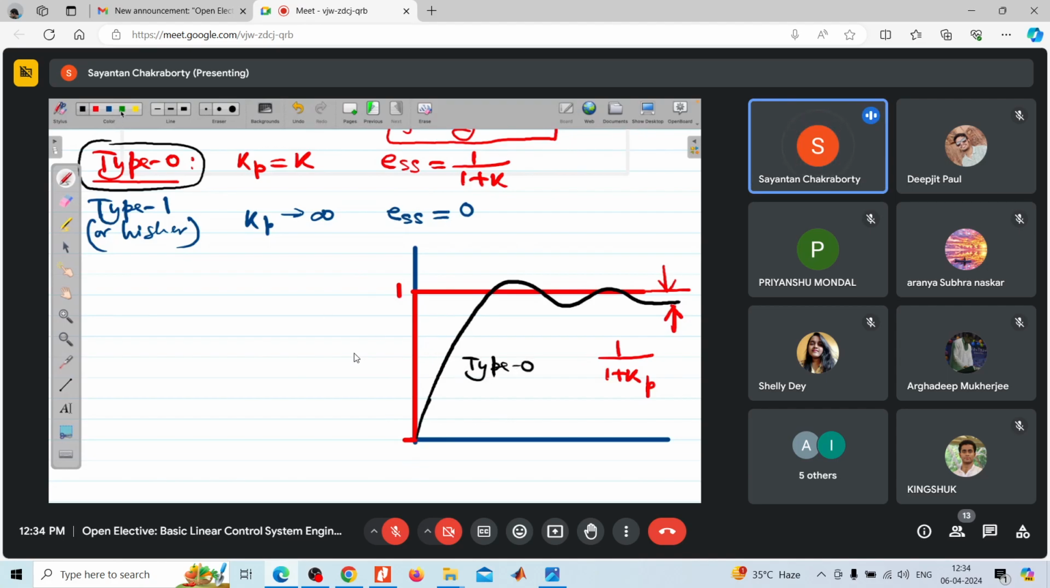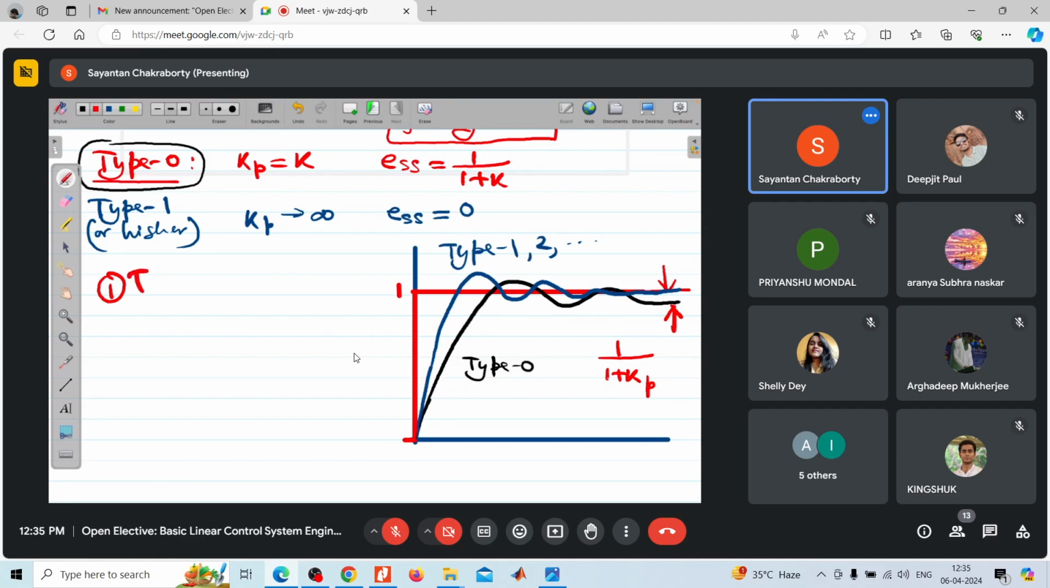What about type 1? If you have a type 1 system, the ess is 0. So the nature of the response will be one, two, whatever, and so on. So there will be no offset. So this is what it says. So you can say a type 0 system will follow the step input